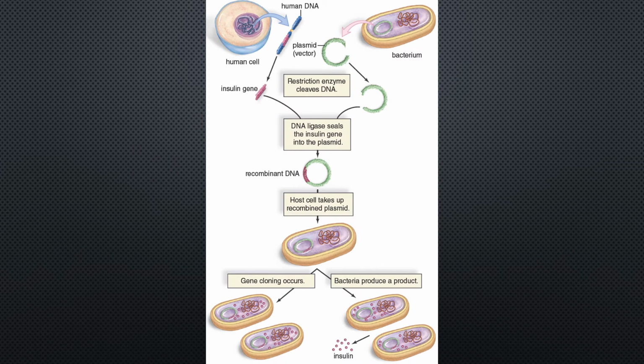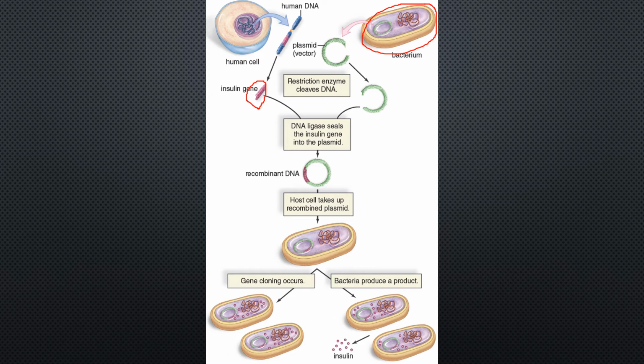Okay, so here in our example, let's assume that there is a piece of human DNA that contains the gene that we want. In this case, we are saying we want the gene that makes insulin. Okay, and so what we're going to do is we are going to find a host, which in this case is our bacteria, and the reason we would use bacteria is because it multiplies very quickly. If we waited for other cells, we might have to wait a month to get the protein that we want, but bacteria divides every couple hours sometimes, so we can produce a lot of what we need.